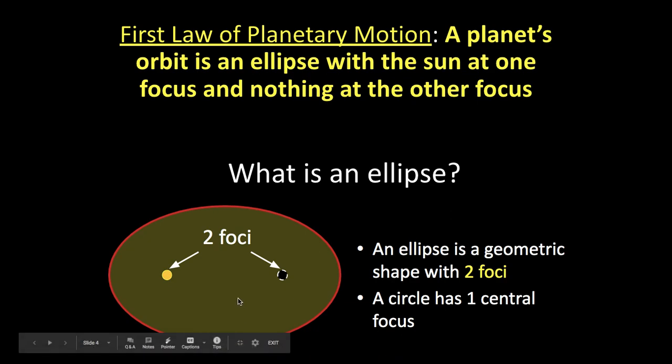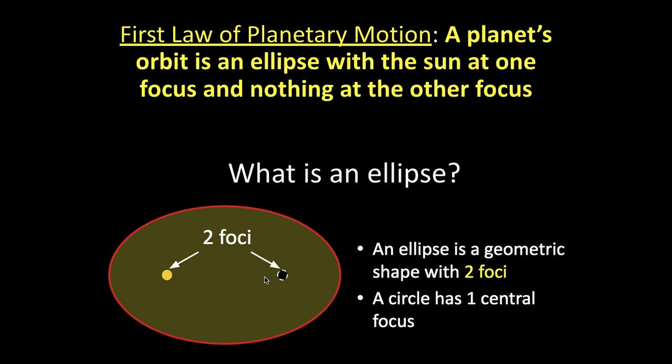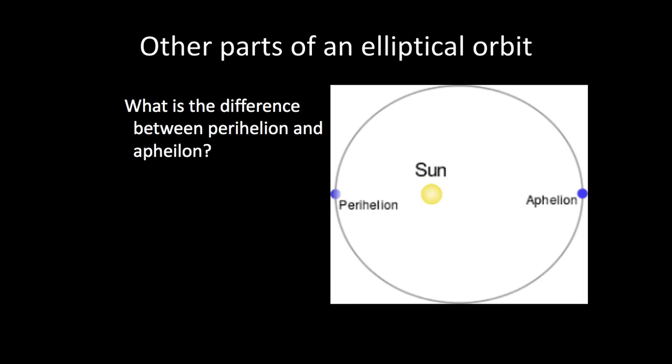All right. So here's the sun. This is nothing here. This is just an empty point in space. All right. So he's like, that's really cool. This is also called the law of ellipses. So a planet's orbit is an ellipse. All right? Which means